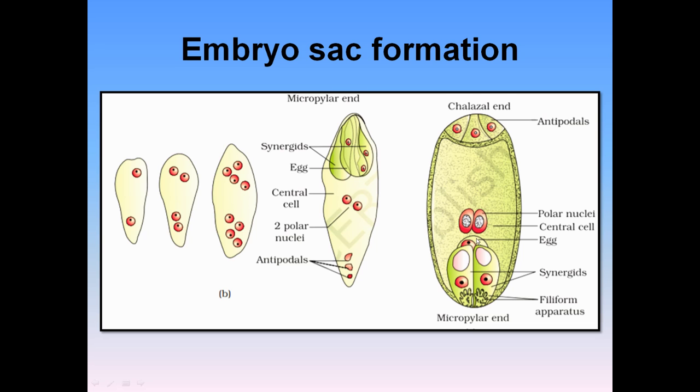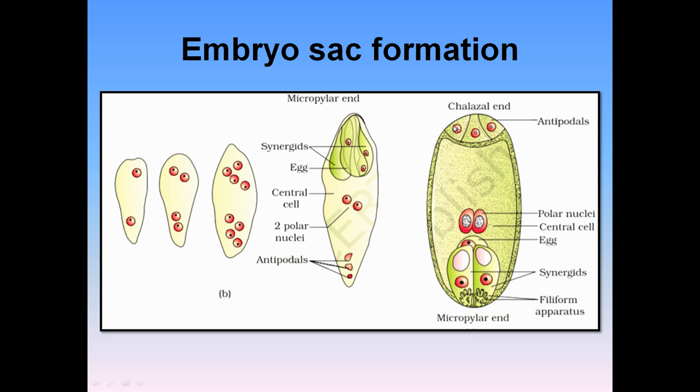and beneath that synergid there is the axil, which is meant for the process of fertilization. And at the central cell there is no cell wall formation, so two nuclei reside in a single cell, and three antipodal cells are there. So now count the number of cells. You can see one, two, three, 4, 5, 6, and 7. Okay, so we have seven cells in the embryo sac.